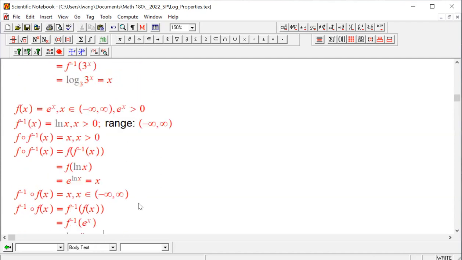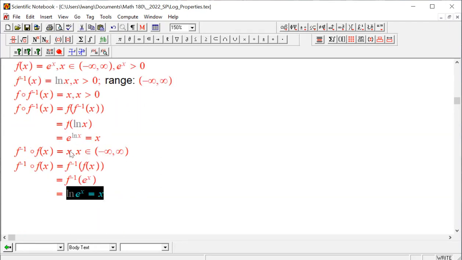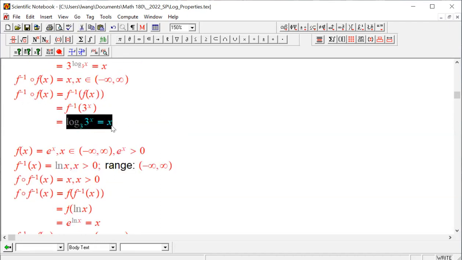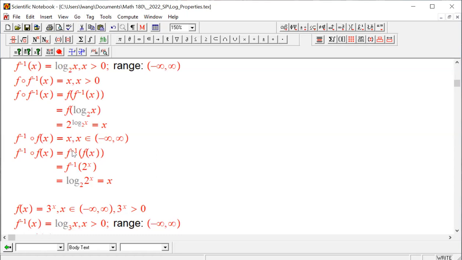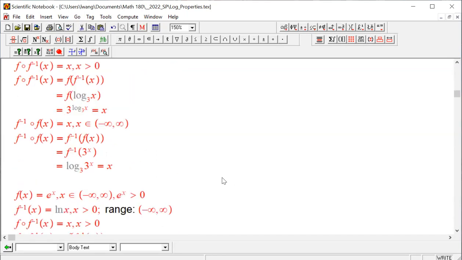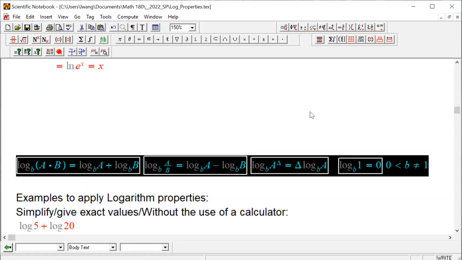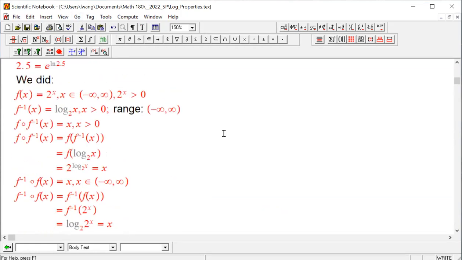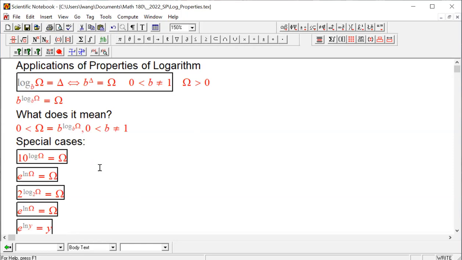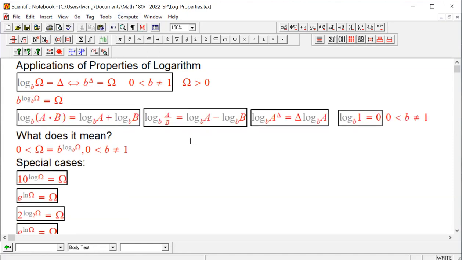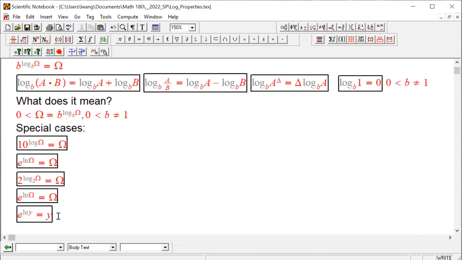Okay, so now let's summarize, right? We have this identity, especially this one identity, very, very useful. And these identities, we've seen that earlier, right? We have seen this identity. And in addition, we have all of these properties of logarithm. All right, I'm going to put all of these things here